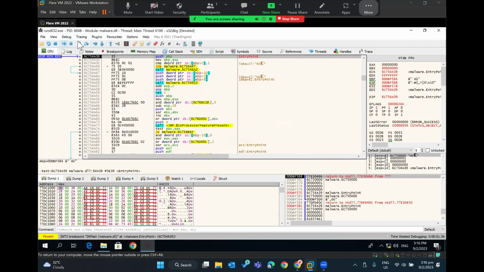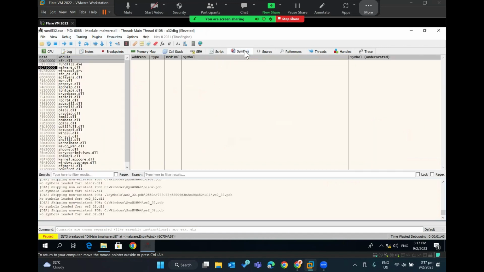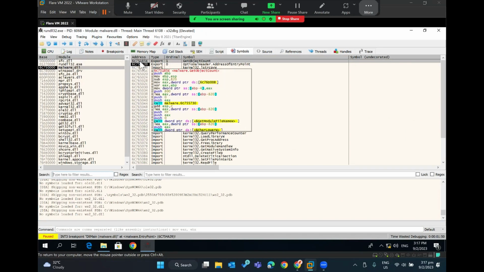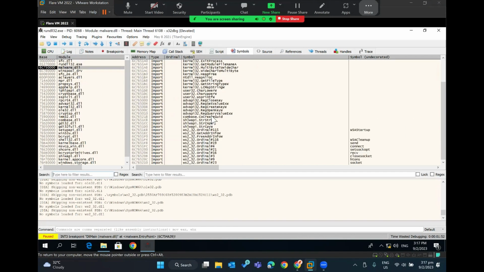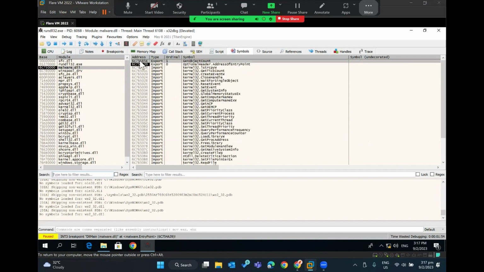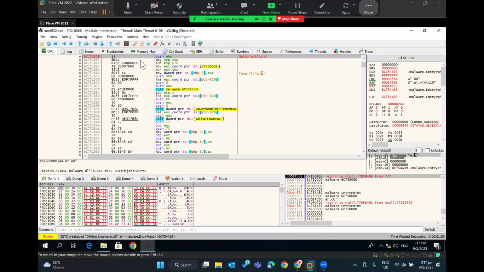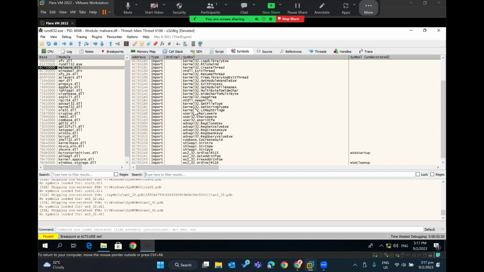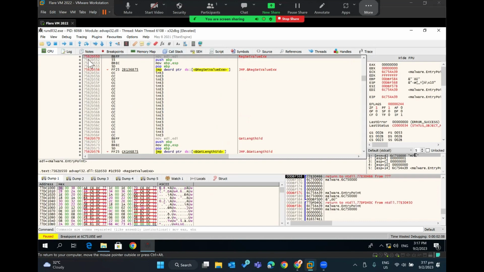Once we have noticed that the module name has reached the malware.dll file, we are going to go towards the symbols panel, and we're gonna look for the module of malware.dll. After which we'll notice that our exports and imports are all here. As such, we're gonna click onto the address of the export function GetObjectCount, and we are gonna set a breakpoint there. We're gonna do the same, setting the breakpoints for the registry operations, such as the setting